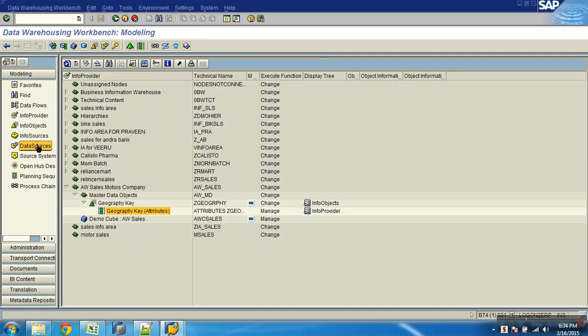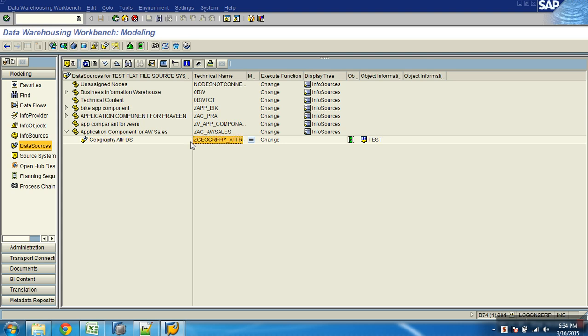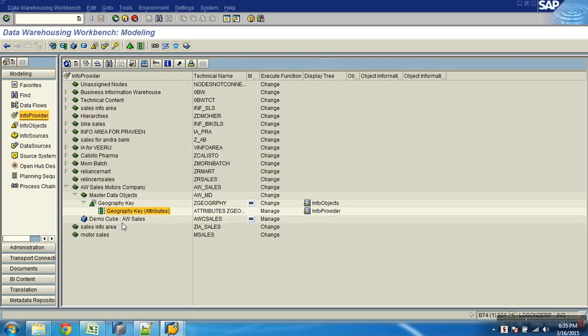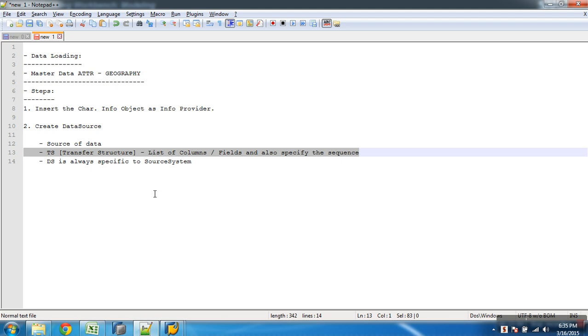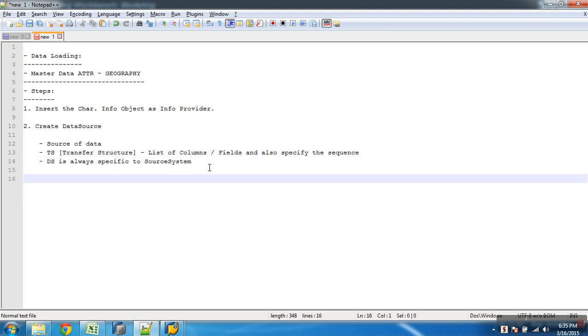Remember your data source name. Anyway, just select this data source. I need to connect both of them, with what? So I'm doing mapping here. The data source has got fields. My target has got attribute info objects. Now I need to say which field in my data source will populate data into which info object in my target. So mapping between these two is what you perform with transformations. Clear? So next step would be what? Third step, what? Create transformations to map